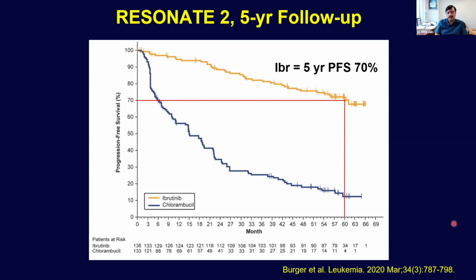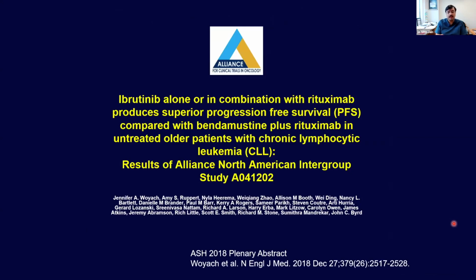And it's a nice number to remember. I tell my patients, if they ask me how long I expect the remission to last, on average, you can say 70% at the 5-year mark. But one of the criticisms of the trial was that it was comparing against chlorambucil. At least in the United States, we don't use much chlorambucil. And as you alluded to, in India, bendamustine rituximab is a favored chemotherapy for the frontline setting, and that has been true for a long time in the US as well.